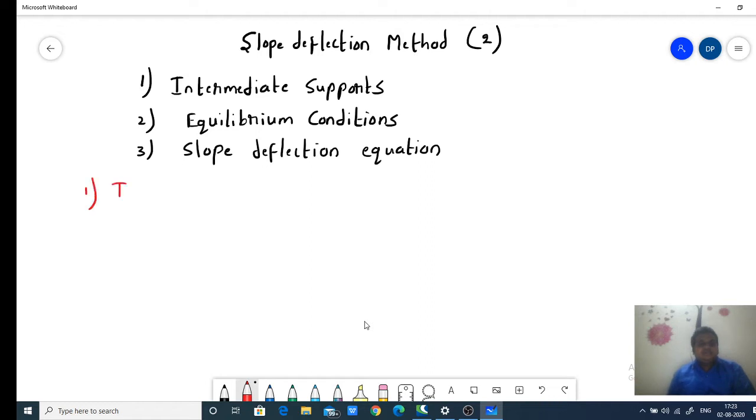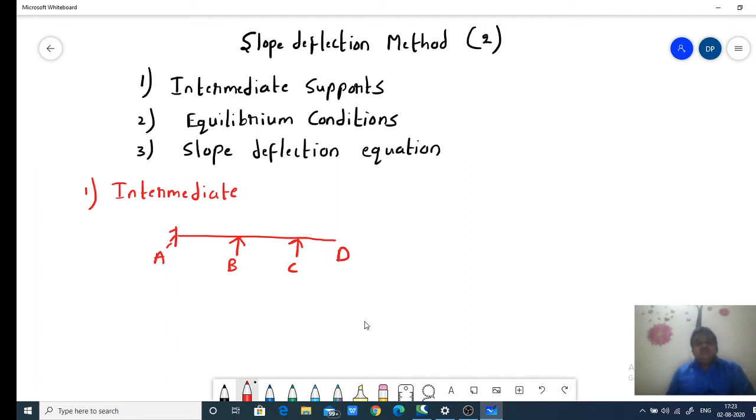Now how do you define, what do you mean by intermediate support? The intermediate support is a support wherein to the left and to the right side of it there should be a span. Then we call it an intermediate support. Now if I say this is A, B, C and D, these are the supports. If I am considering the B support, then to the left side BA span is there, to the right side BC span is there, so I can call B an intermediate support. And similarly for C, CB span is there and CD span is there, so C can also be called an intermediate support.